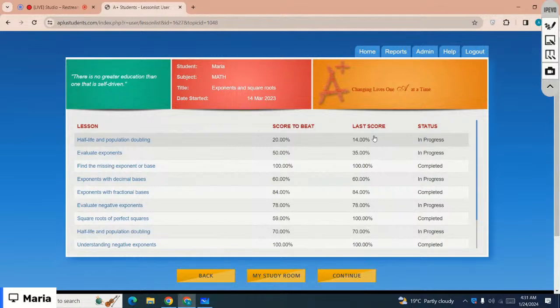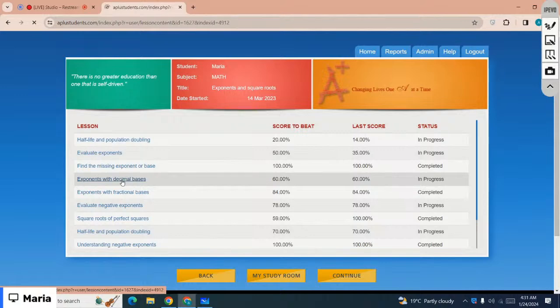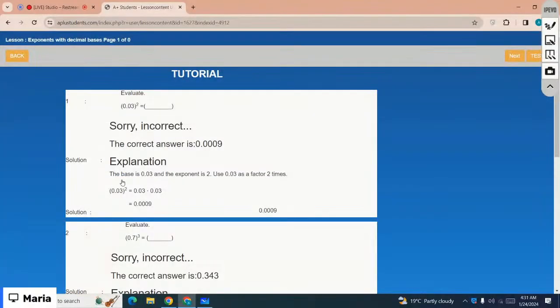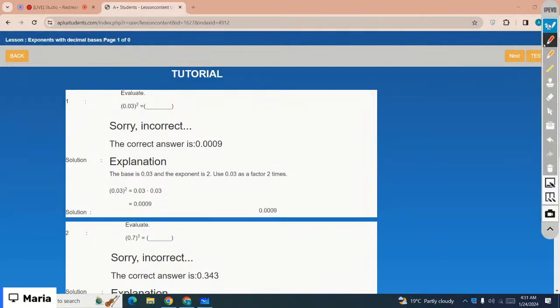Exponents with decimal bases. Let's just start with the lesson, that is exponents with decimal bases, right? So, how do we evaluate exponents with decimal bases? The first example is 0.03 square. The base is a decimal, right? 0.03. So just see, without the decimal it is 3 times 3. Just evaluate without the decimal, that is 9. Here you have two decimal places, right? So when you multiply, the decimal places get added. Earlier you have 2, now you have 4 decimal